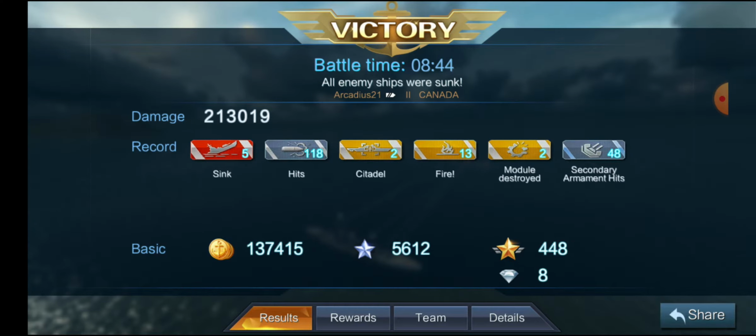Let's see how we did. 213,000 damage, 5 ships sunk, 118 shell hits, 2 citadels, 13 fires, 2 modules destroyed, 48 secondary hits for 5,600 base XP,